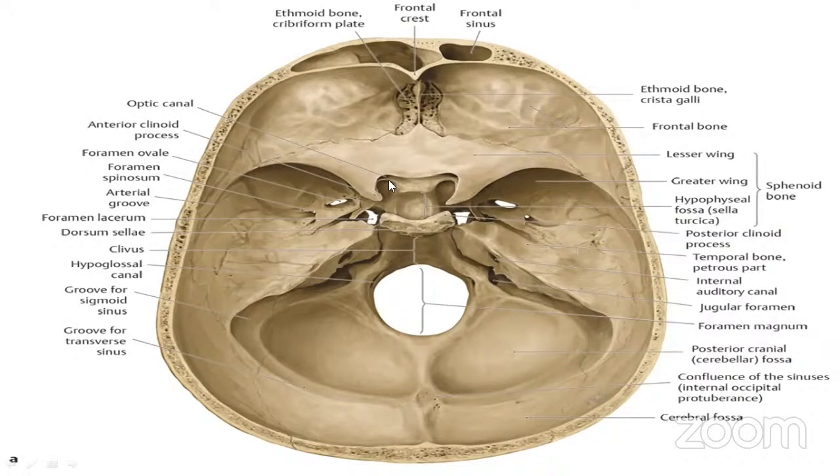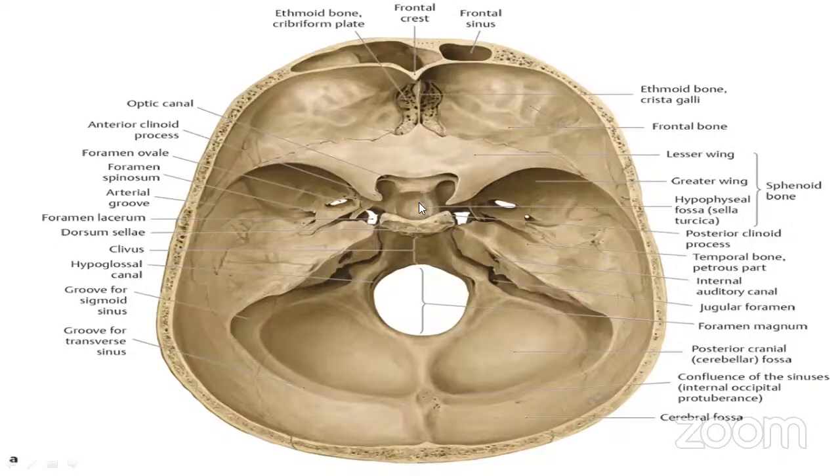The medial portion contains the planum sphenoidale, followed by the chiasmatic sulcus. Anterior to the sella turcica is the tuberculum sellae,